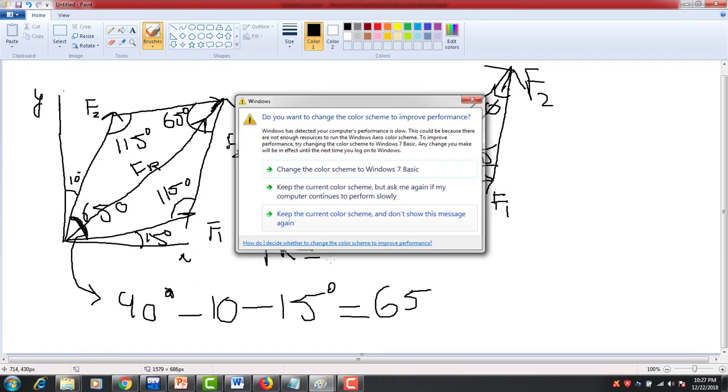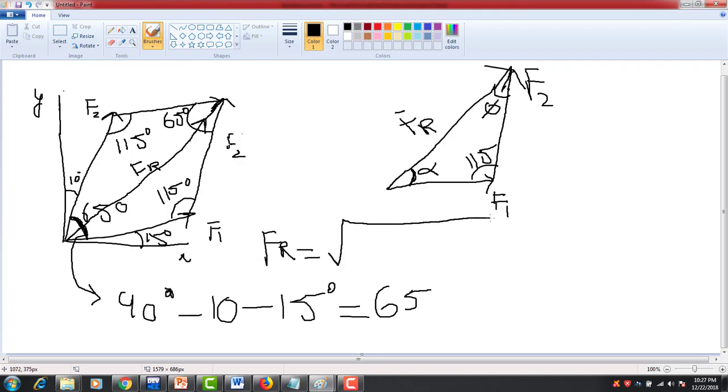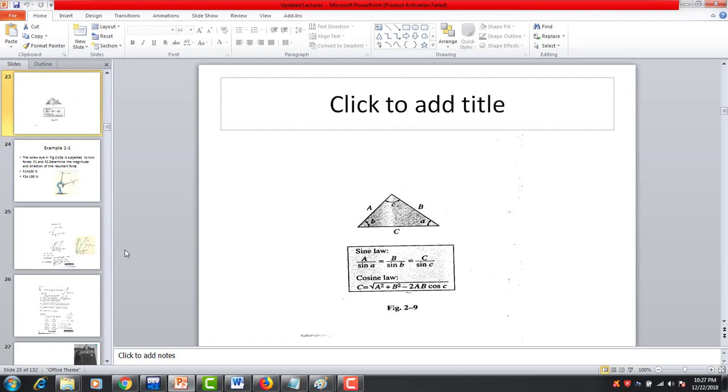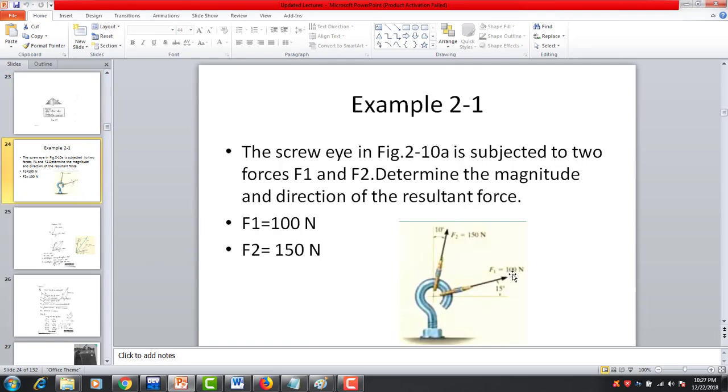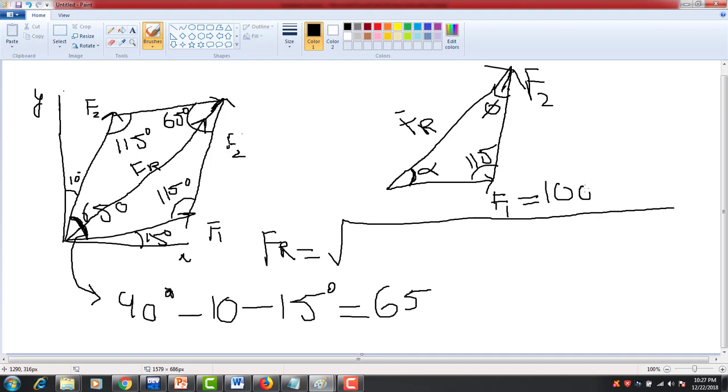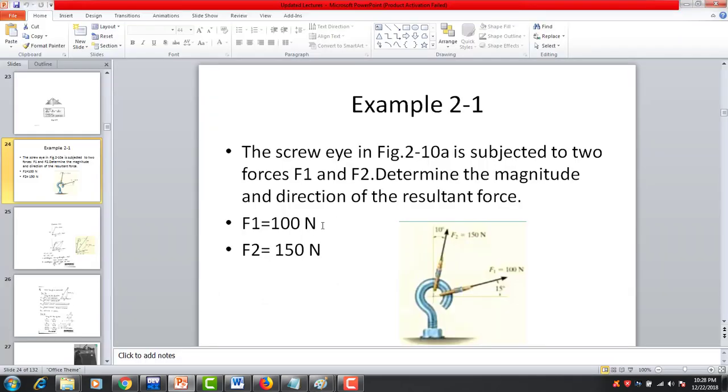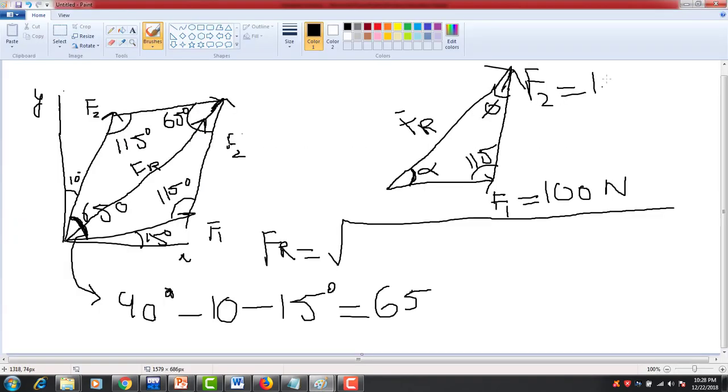So FR is equal to under root, F1 is equal to 100 Newton, and F2 is equal to 150 Newton. So FR is equal to under root 100 square plus 150 square